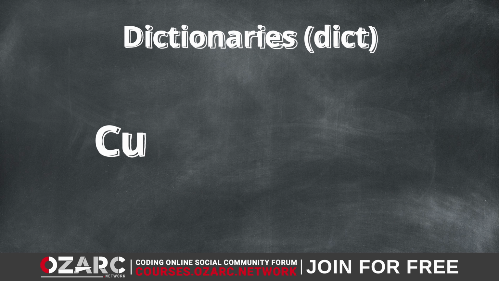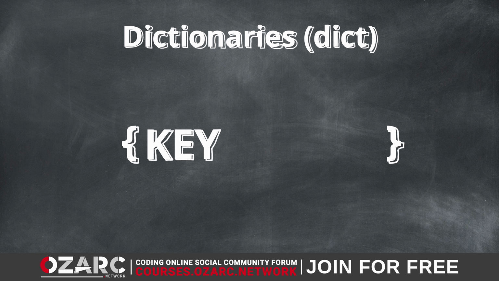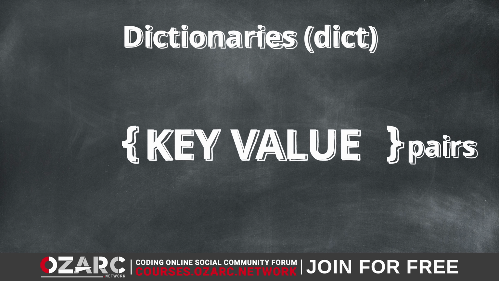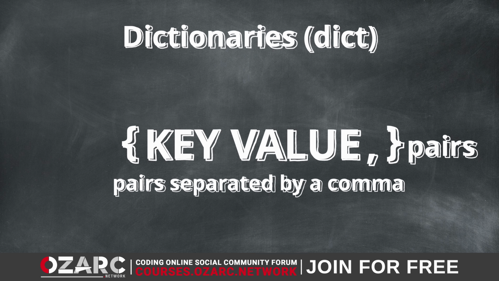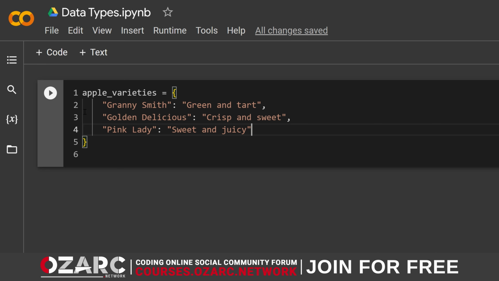Like a set, a dictionary is also enclosed by curly braces. However, inside these braces, the keys and values are specified as pairs. Each key-value pair in the dictionary is separated by a comma, and within each pair, the key and value are separated by a colon. For instance, you might have a dictionary like this. apple_varieties = {"Granny Smith": "green and tart", "Golden Delicious": "crisp and sweet", "Pink Lady": "sweet and juicy"}